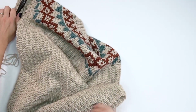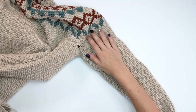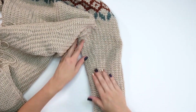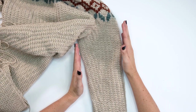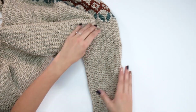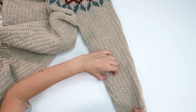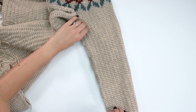So let's go over that on this other sleeve again. When I started this sleeve, after my 7th round, I did my first decrease. We can see that right here. Now when it comes to decreasing, you can always try it on and see how it's going, making sure that decrease stays underneath your arm, or you can fold it over nice and how it will be when it sits on you, and because these actually end up being quite straight on our arms, which is nice,